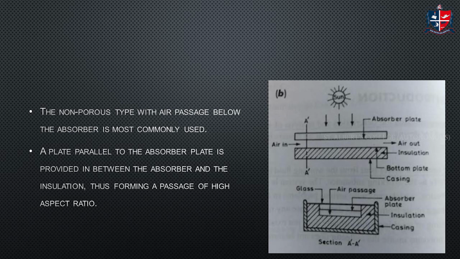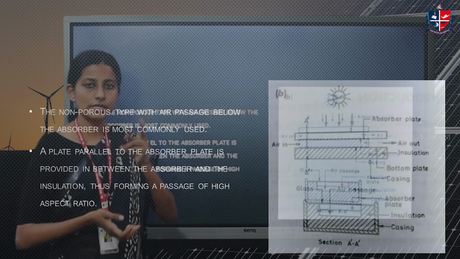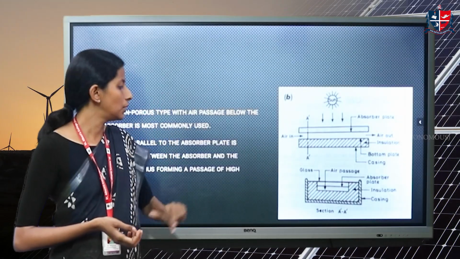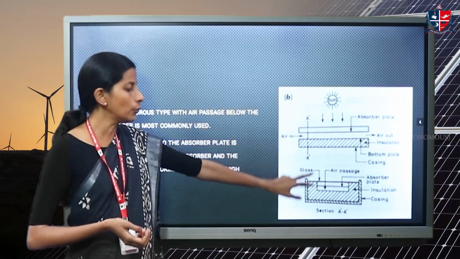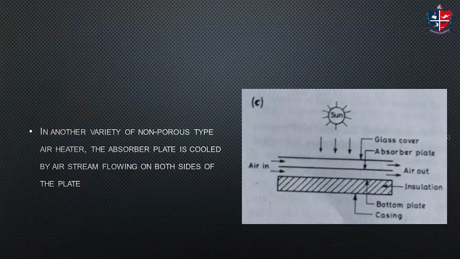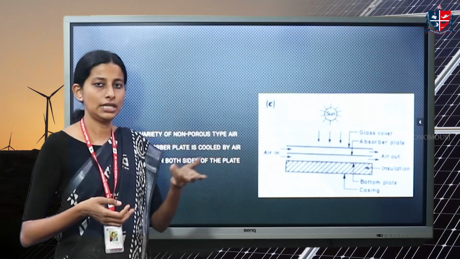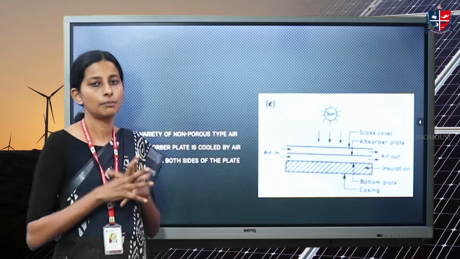Once the solar radiation is transmitted to the glass cover, it gets absorbed by the absorber plate, and the absorber plate transfers the heat which has been absorbed to the medium, air, which enters through the inlet. This air is heated up and taken out through the outlet. So this is the second type where airflow is happening below the absorber plate. This is the top view and this is the cross section. Next we have the third type where we have provision for both, that is, the first type and the second type are combined.